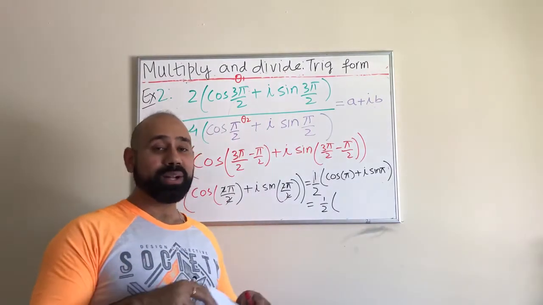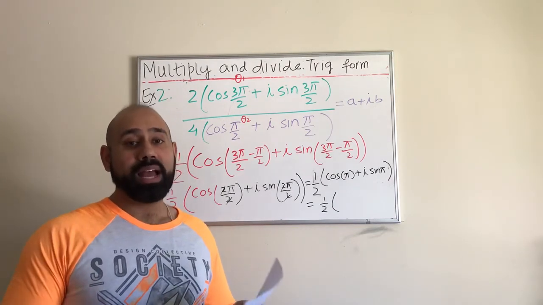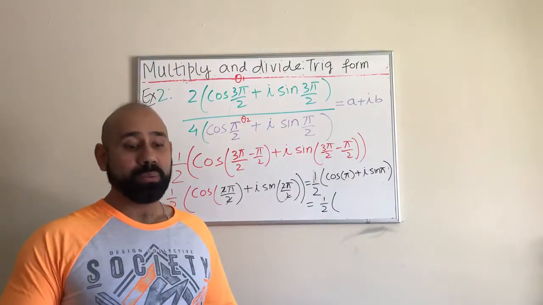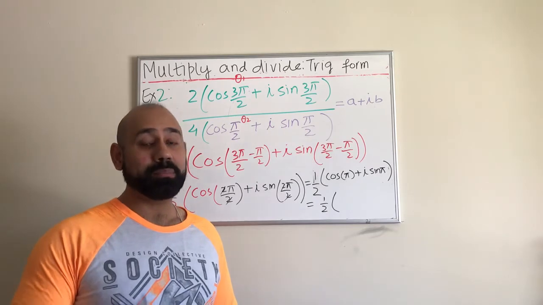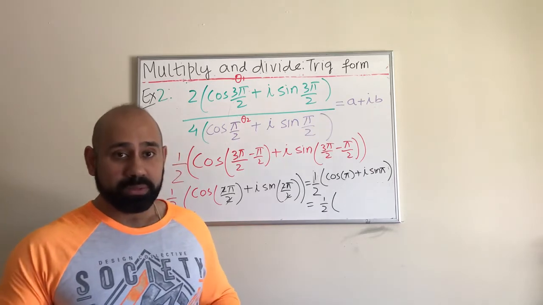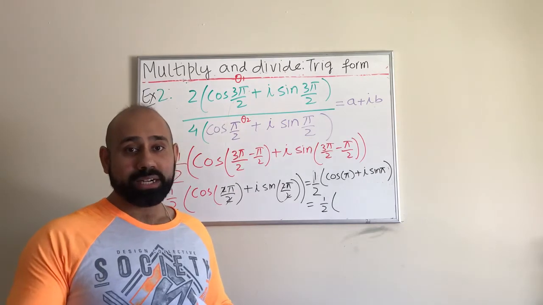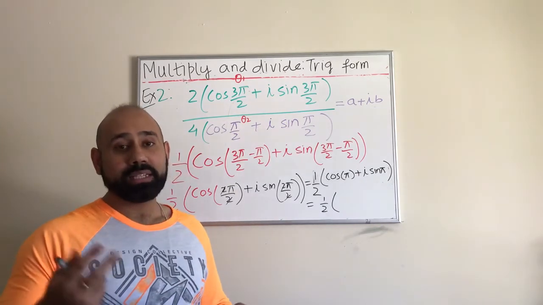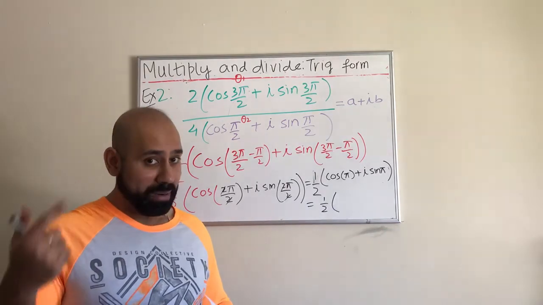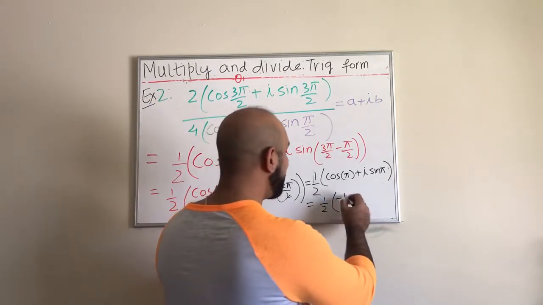Guys, I keep on saying all the time in these videos, go back and look at your unit circle. The reason for that is if you have access to a unit circle, and if you're allowed to use a unit circle for your tests and everything, then you got to go back and look at your unit circle and not make your life too difficult. But guys, if you're not allowed to use a unit circle, then you have few other ways. One is you got to remember some of these ratios, which I highly encourage that you should try to remember, or you can use a calculator, or you have to figure out some other ways of doing it. I think the most important ways are using a unit circle, or remembering this, or using a calculator. A cosine of pi, guys, looking at my unit circle, is -1,